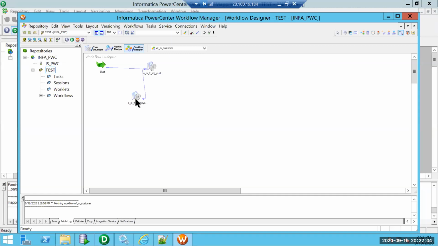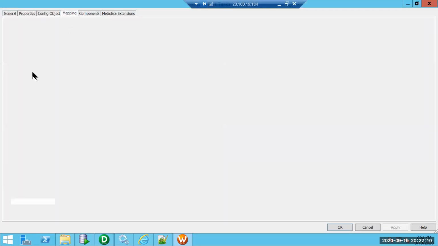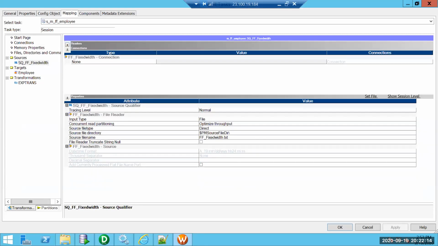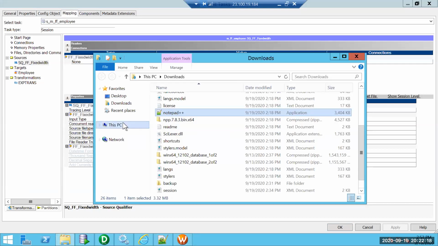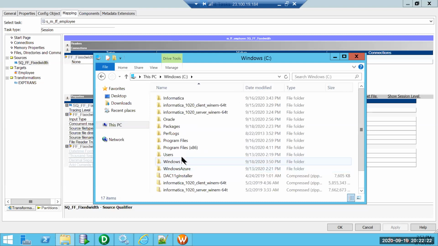So now we need to configure the properties for the mapping. The configurations involve what is my source location, what is the file name, and finally where we are trying to load and what the target file name is to be.